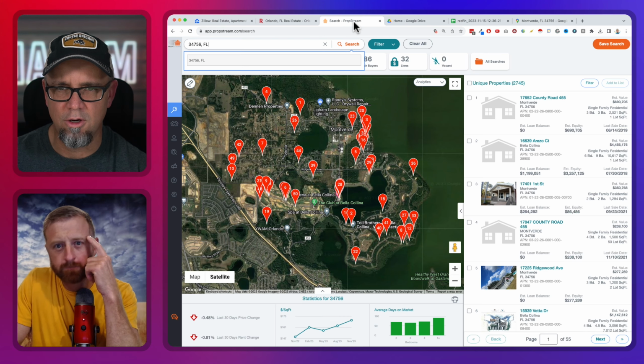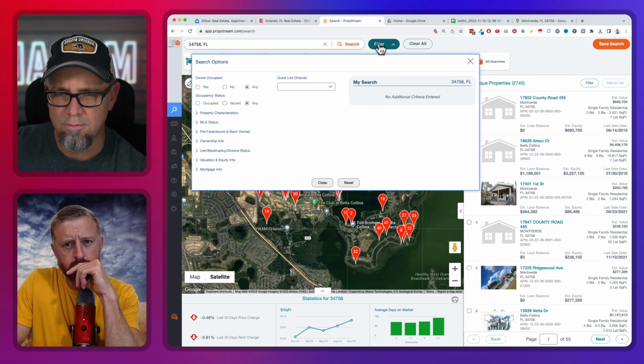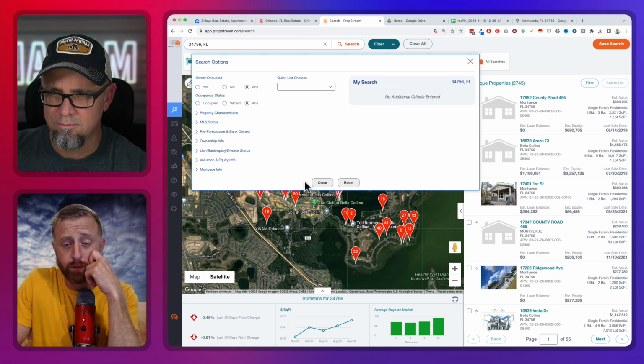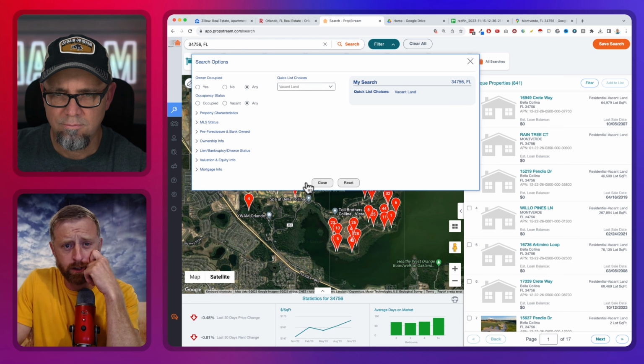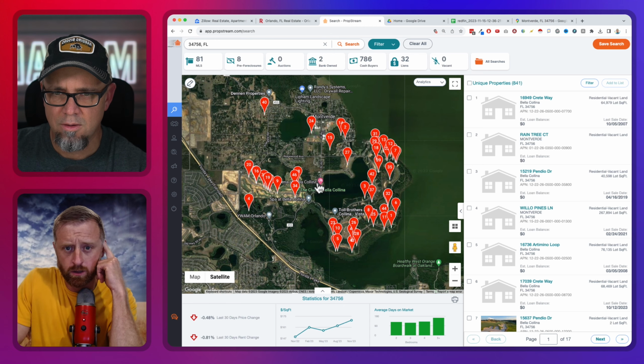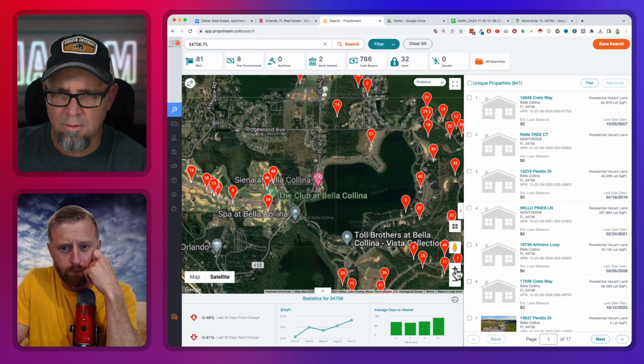All right, so here we are at PropStream. Now what do I do? I'm going to go to Filter, Quick List, go to Vacant Land. Is that right? Yep, just vacant land. That's it. And then I'm going to grab that little drawing pencil in the left-hand corner. You might have to zoom in a little bit because you just want to pull the bottom area of that